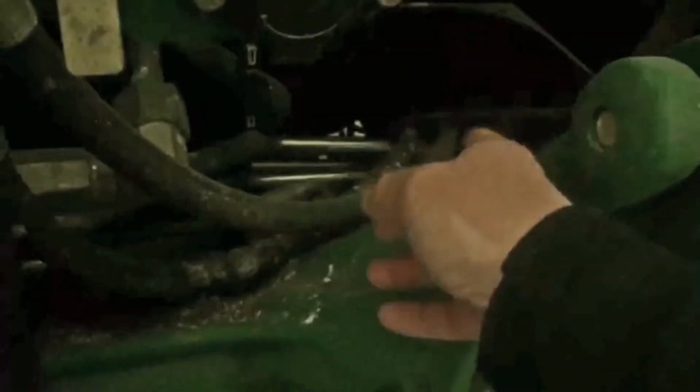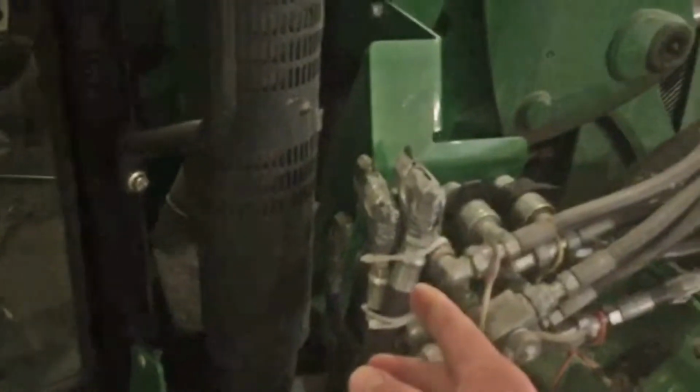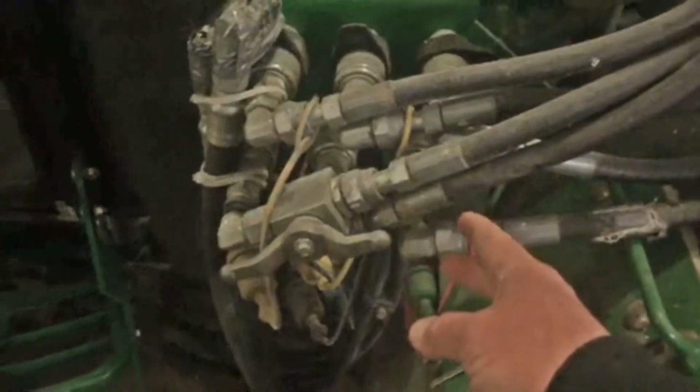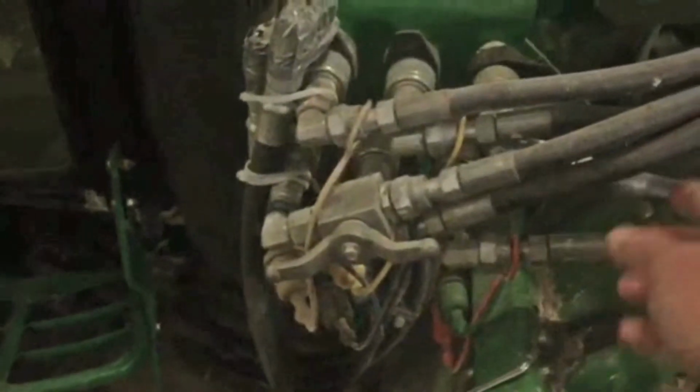Two maybe 10-foot lines, ran them through the framework here, and walk around front or the side. Ran them down under, they're right here, brought them up, and right now I've just got them zip tied there and put tape over it to keep them clean. But during the summer, we take this orange and green outlet out, plug those in there, just zip tie these